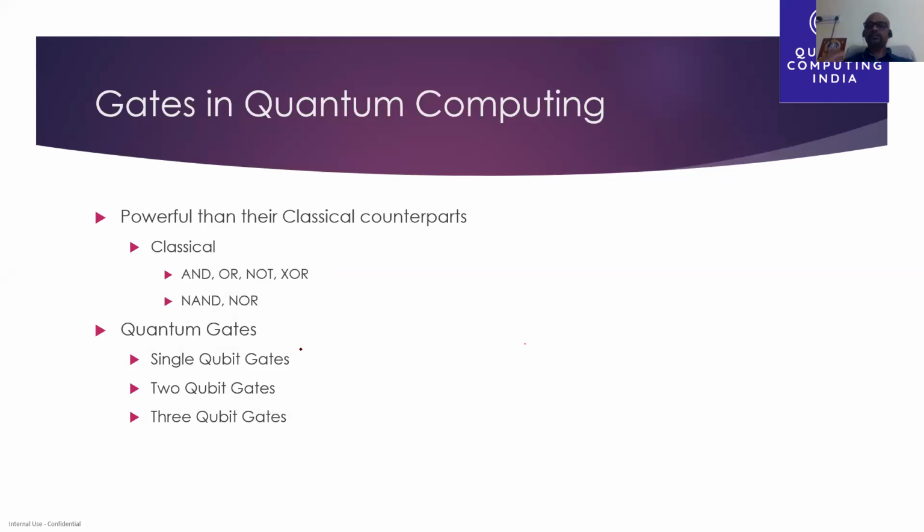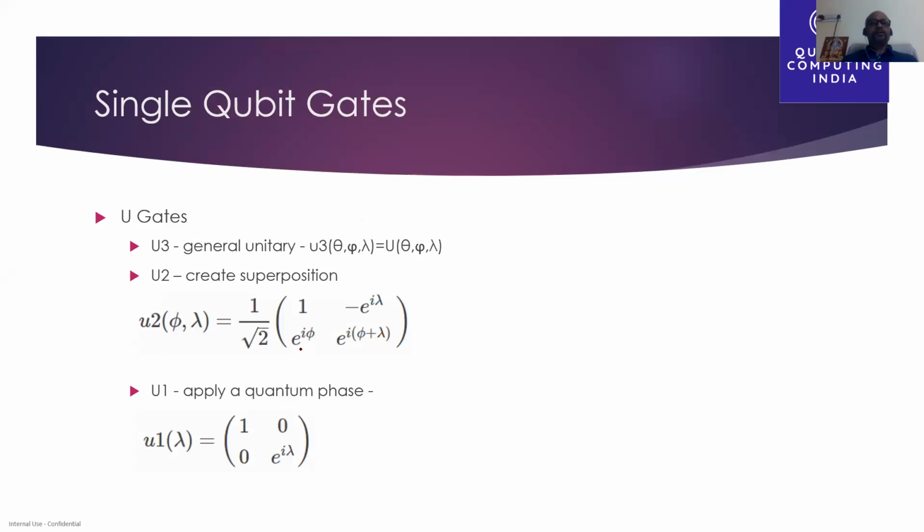Let us cover the single qubit gates. Single qubit gates are usually called unitary gates. They are represented using the letter U. Here you will see some strange matrix format. But in classical computing, for any gate, you will see a truth table. 1, 0, 1, 0, then there will be 0, 0, 1, 1, then there will be a truth table, right? This is what we use for classical computing. In a truth table, there will be an output.